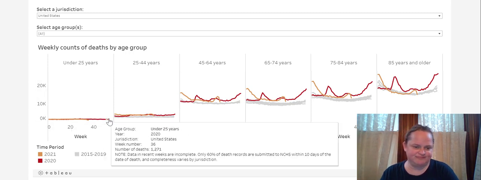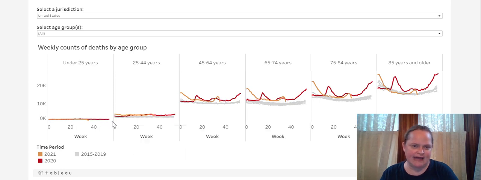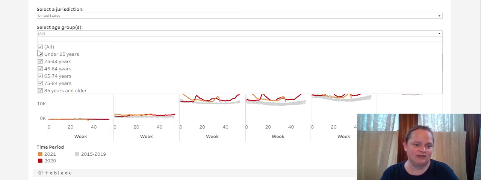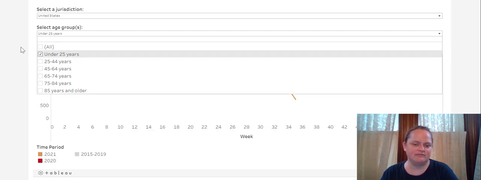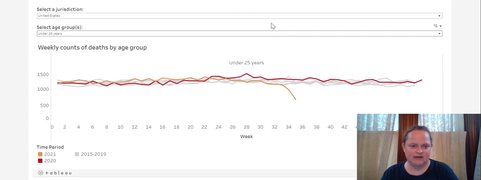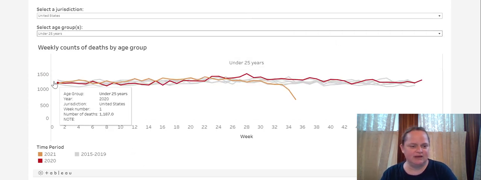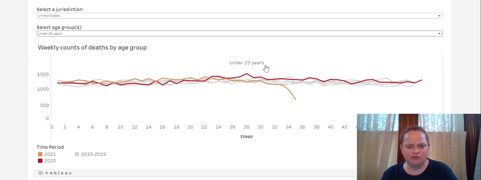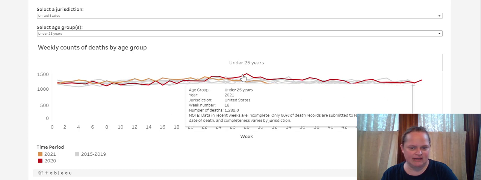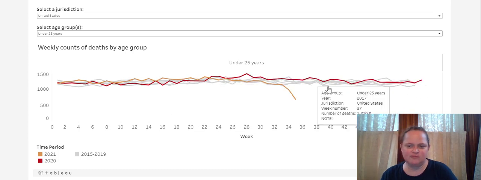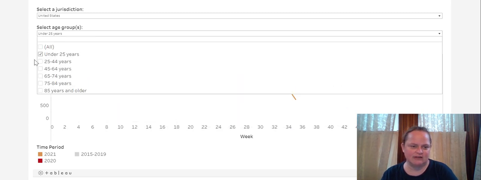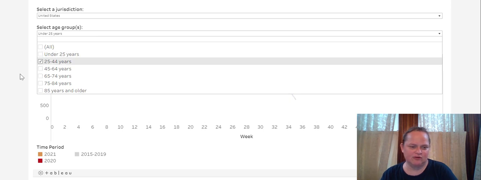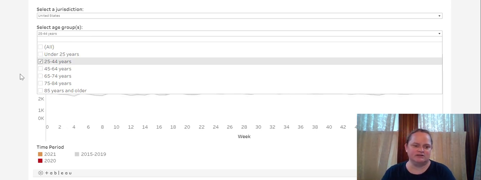Under 25, that's pretty boring, very flat. This is one of the things I'm going to do, because these are all on very different scales: if we just look at the under 25, there's a little bit of noise because we look at the scale, our max is around 1500 here. There's a little noise where it goes up and down, but just eyeballing it, maybe there was a little bit of excess mortality, but it really is such a low level of deaths to begin with, you can barely see anything. So the next group, and let's do the groups one at a time, I call the younger adults,